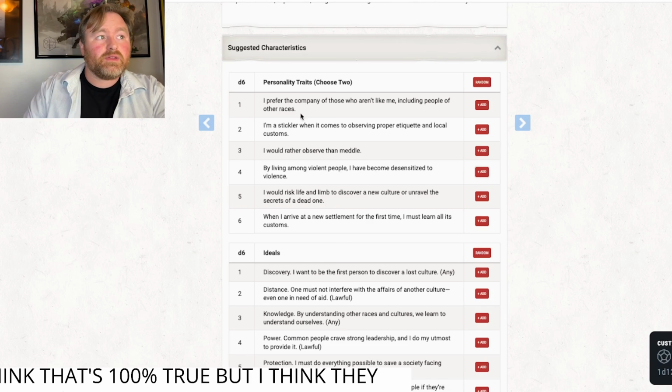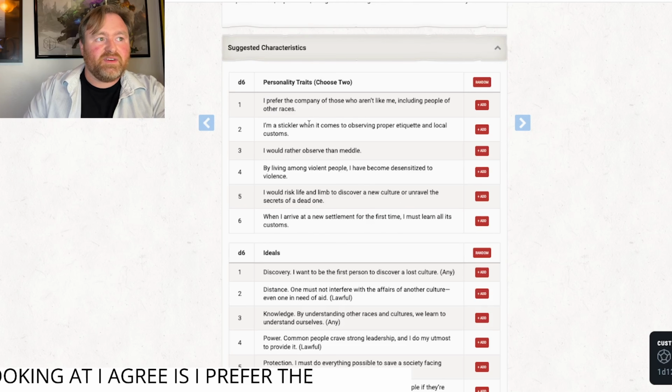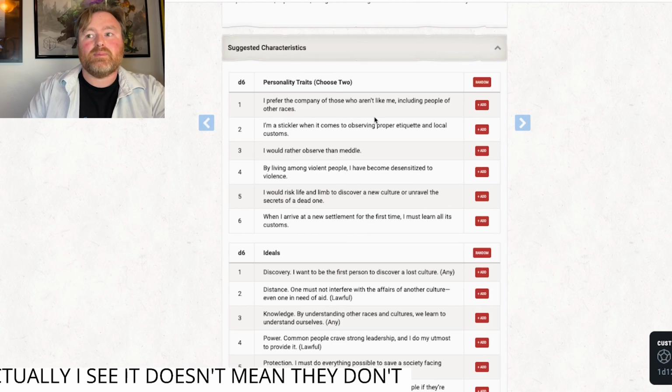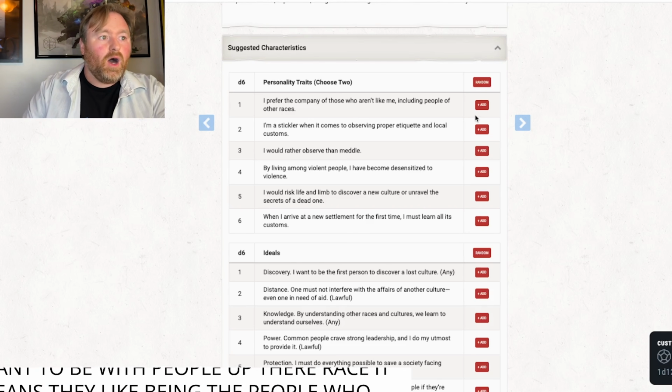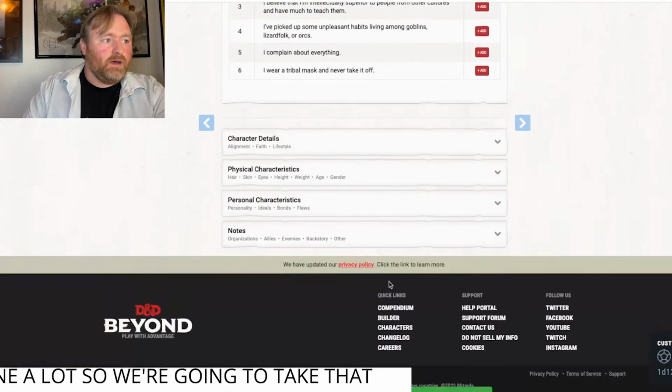Yeah, Benito Slayer, the other one I was looking at, I agree, is I prefer the company of those who aren't like me, including people of other race. Oh, actually, I see. It doesn't mean that they don't want to be with people of their race. It means they like being with people who are unlike them. Okay, I actually like that one a lot. So we're going to take that one instead of